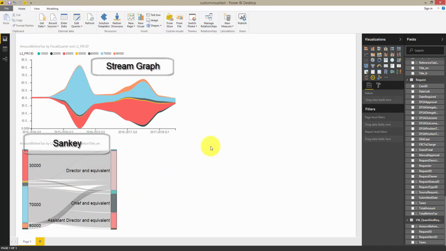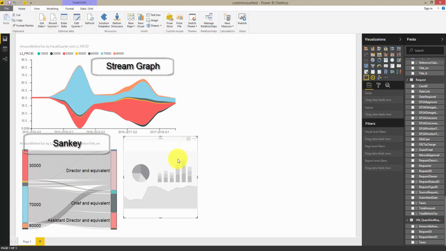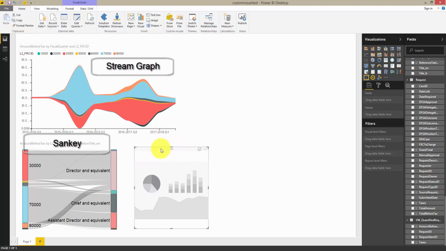The other one I wanted to show you is called the hierarchy slicer. Maybe in FRS, if you're selecting like supplying FRC rollup or something,